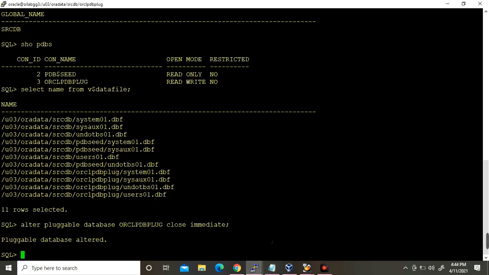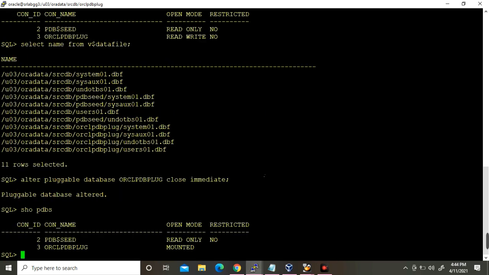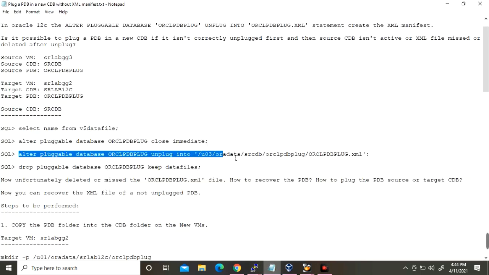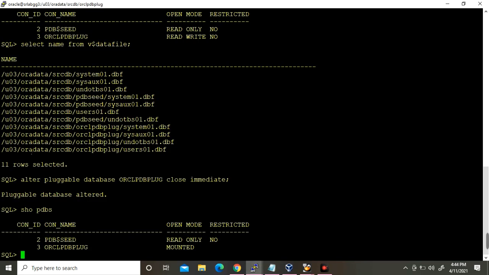Close immediate. So you can check, it is closed. After that, I'm going to unplug. This is the XML file and this is the location I am unplugging to.